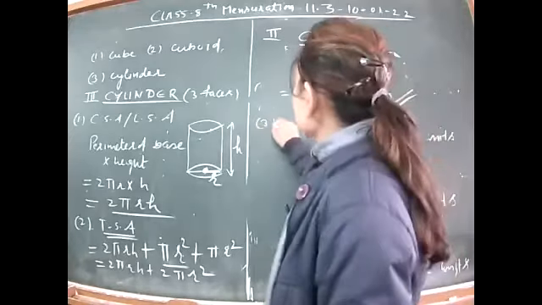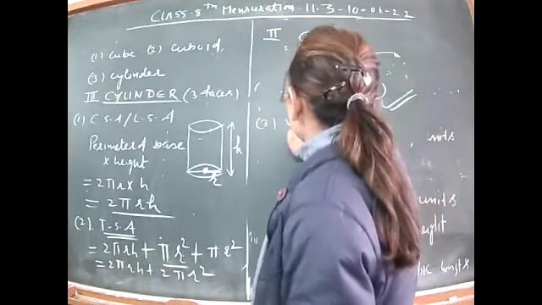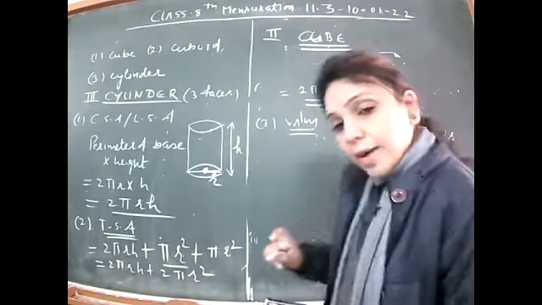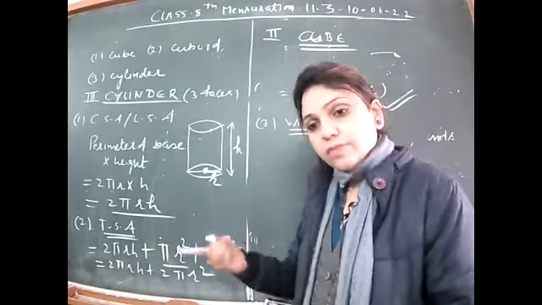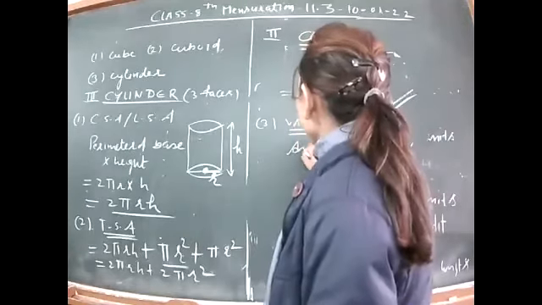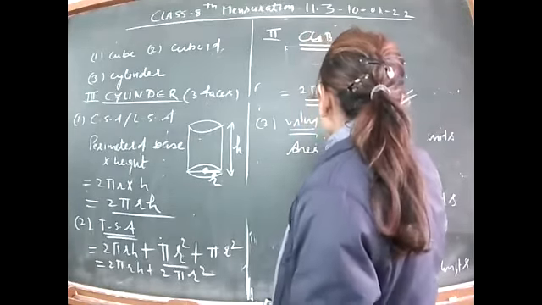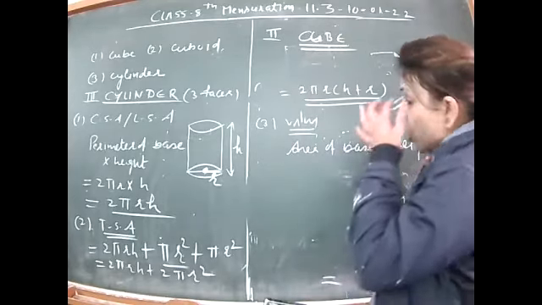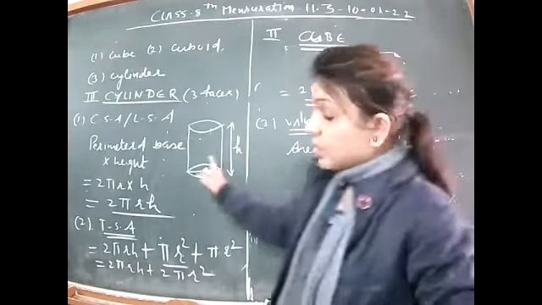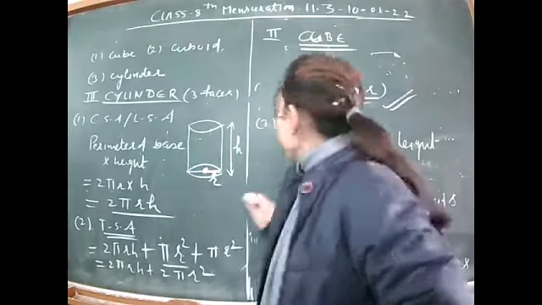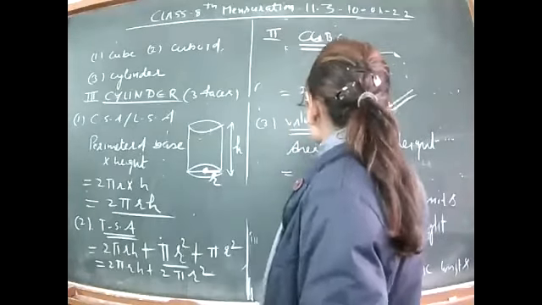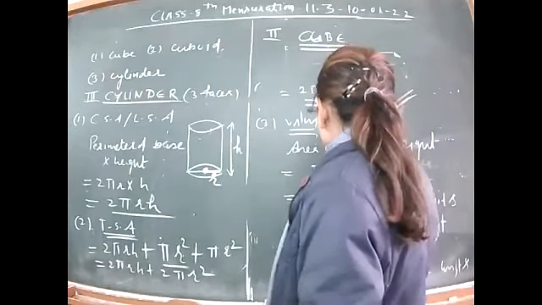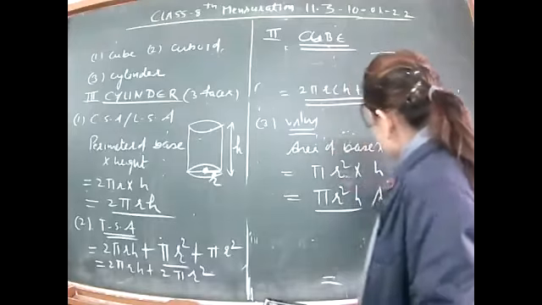Third is volume. Just a minute, I am finishing the lecture after discussing this. Volume: for volume, what concept did we think of and derive? This is area of base into height. Area of base: the base was a circle with radius r. What will be its area? Pi r square into height h. This is the volume of the cylinder.